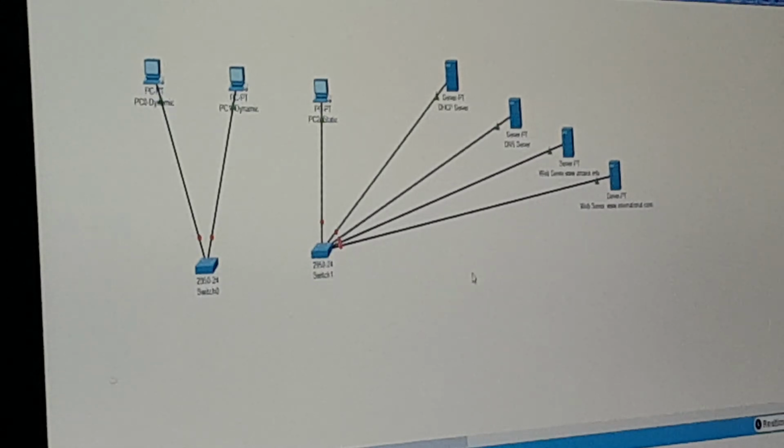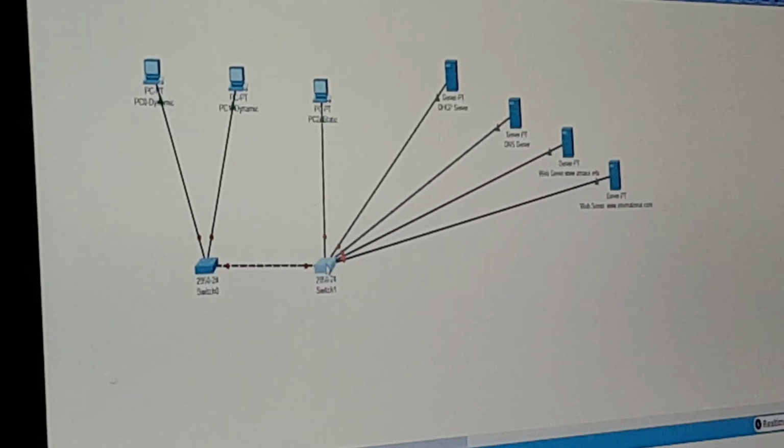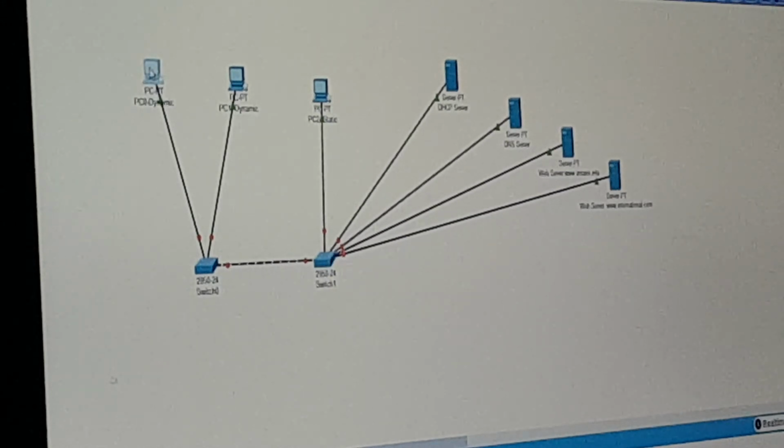Yeah, and this from here to here. Need to connect this one. So this is the device. We will wait for a while so that the ports will be all green. So we will see this is connected once they become green.